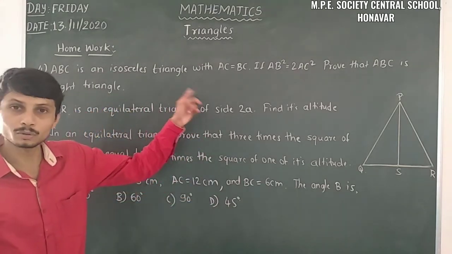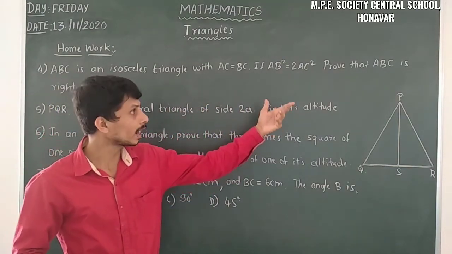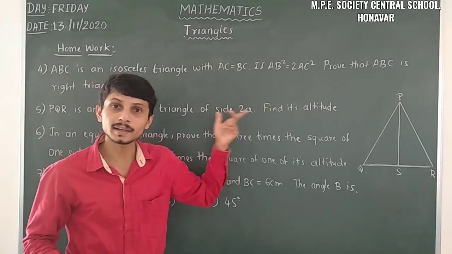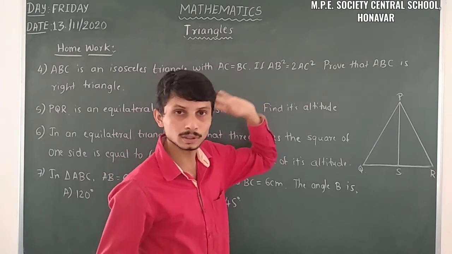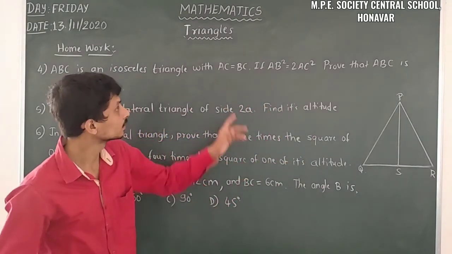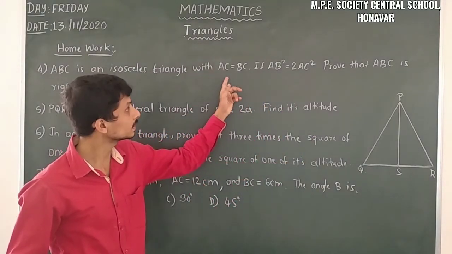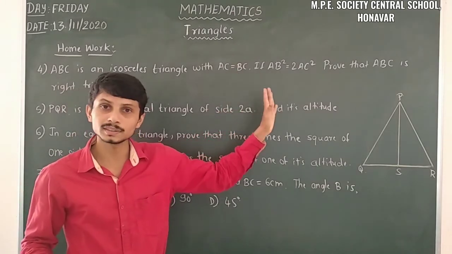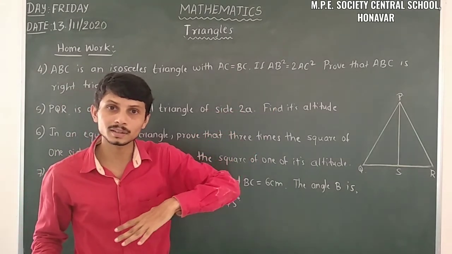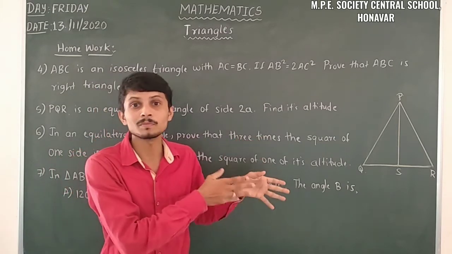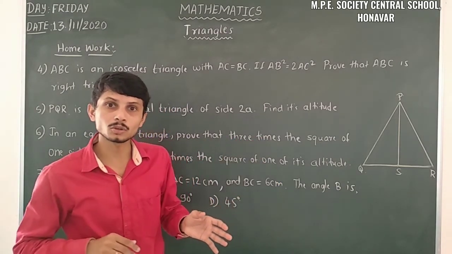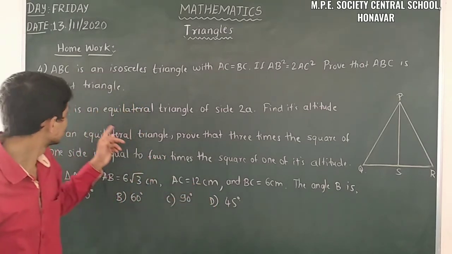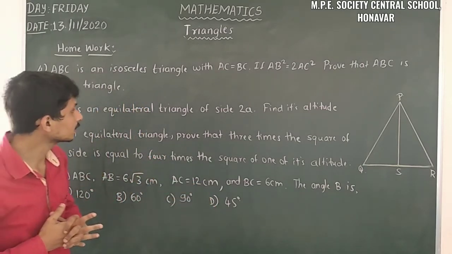So here what we have to do is, in that problem we have ABC is a right angle triangle, it is given. After that we proved this thing, AB square is equal to 2AC square. Here it is given that it's an isosceles triangle, AC is equal to BC, and AB square is equal to 2AC square. So we have to take the reverse order of this same problem. First we solved it. So try to solve that one in your home.